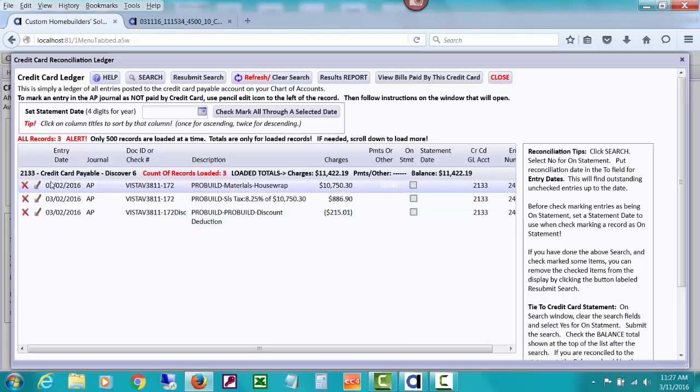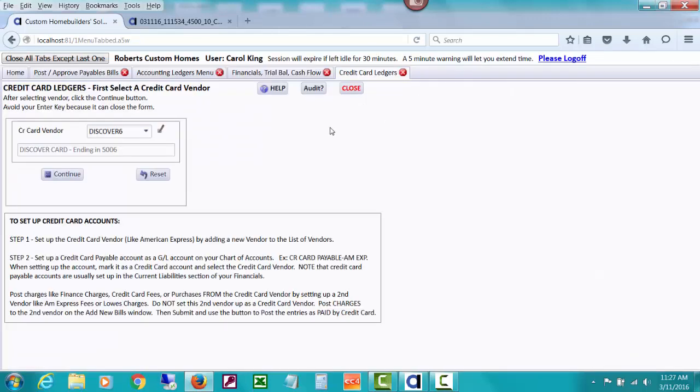We will be coming back to this credit card ledger as we go through these videos and talking about how you can do some editing, how you do your reconciliation to your credit card statement, etc., changing some things, or maybe even changing the amount, because it's another thing. But you'll see that in future videos. So that particular bill to ProBuild has been marked as paid, would not show up on your unpaid payables because it's been marked as paid by a credit card. And that's how CHS is handling that,